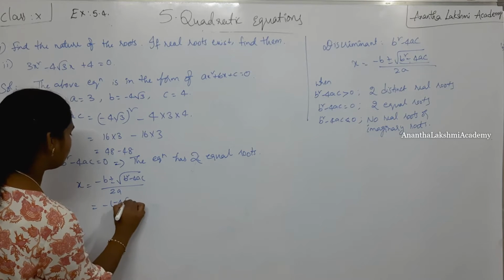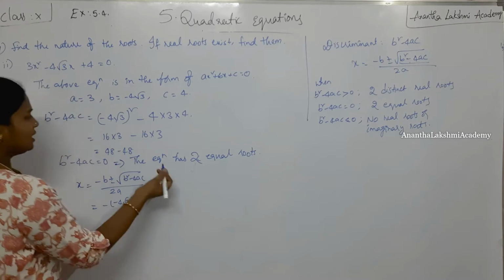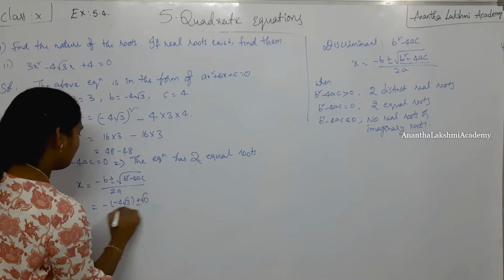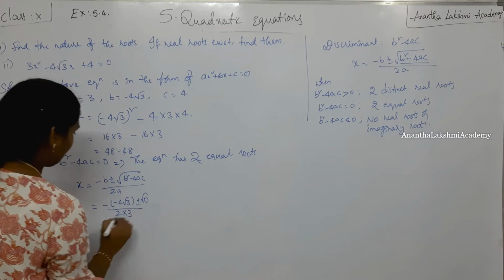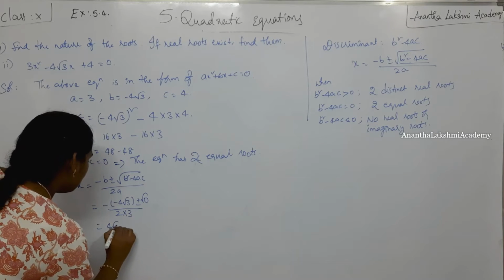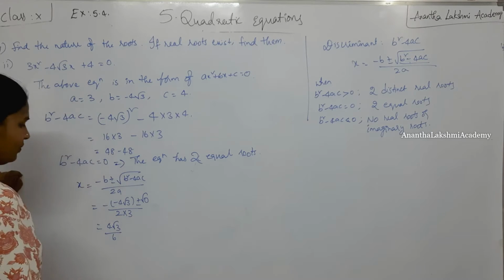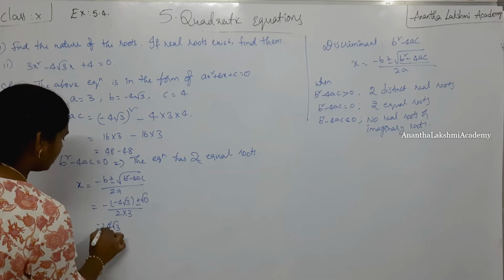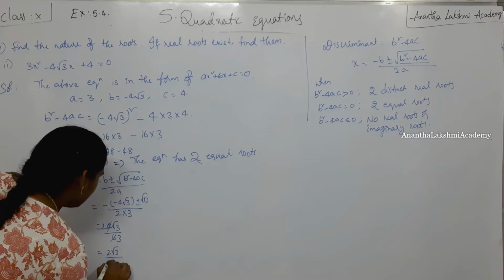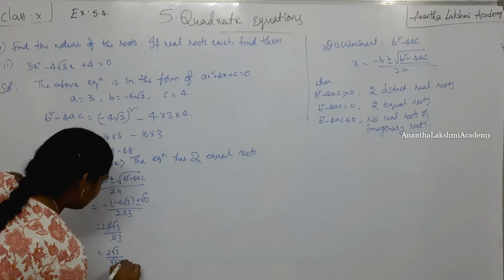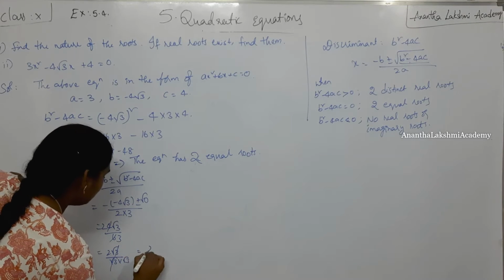Minus of minus 4 root 3, plus or minus root of b square minus 4ac, which we got as 0, by 2 into a, which is 3. Alright, so 4 root 3 by 6, that is nothing but 2 root 3 by 3. And can I write this as root 3 into root 3? That way root 3 gets cancelled, and we get 2 by